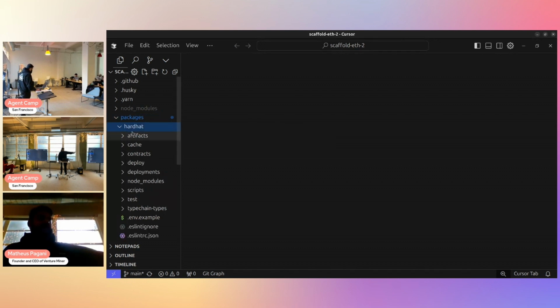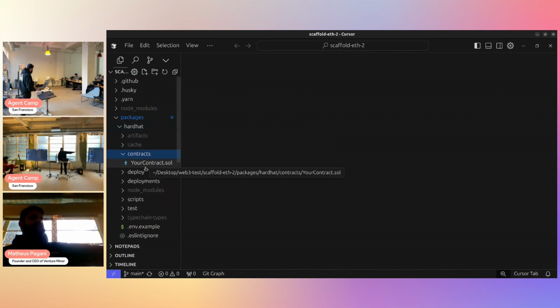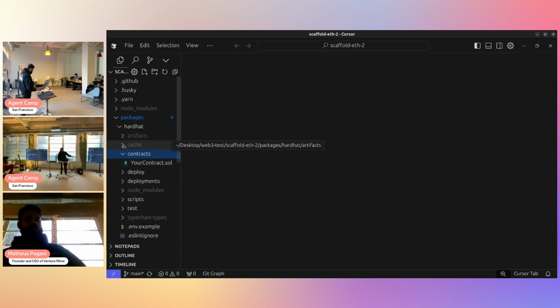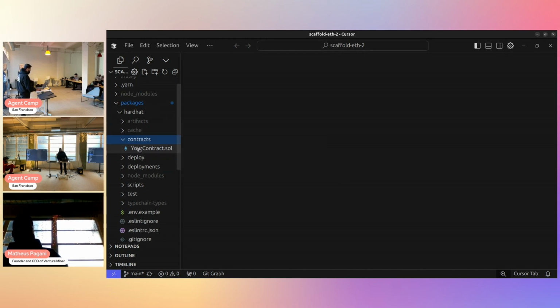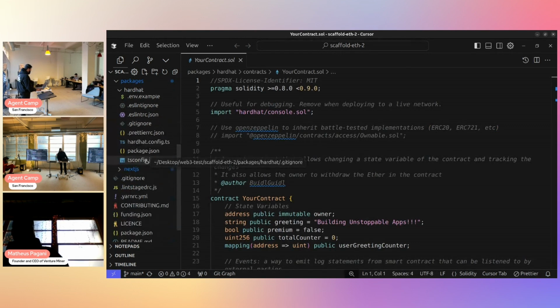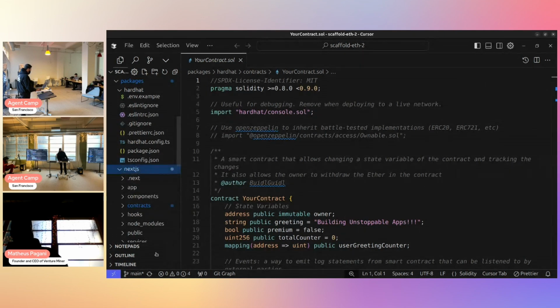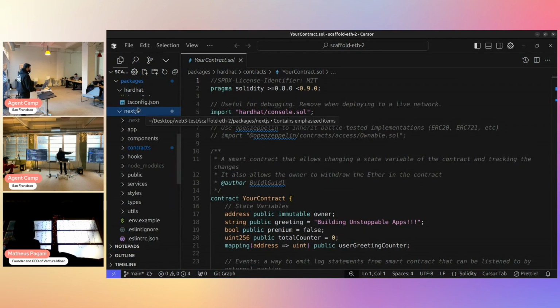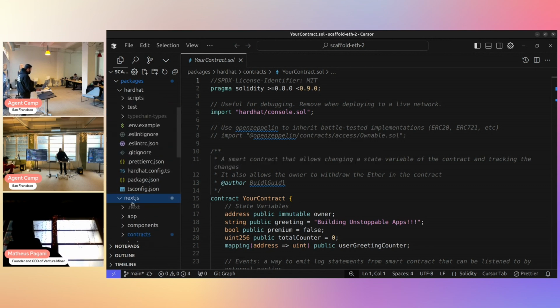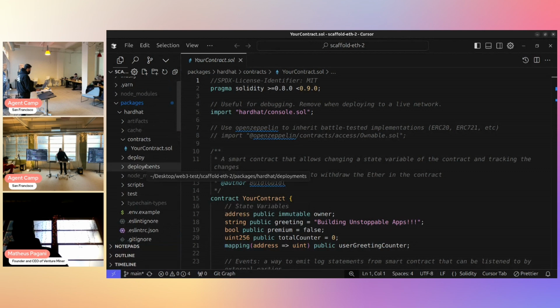Inside this package, I have a contract here inside this folder, contracts. I know this file very well, called your contract.sol. And I have this other package called Next.js. If you attended the past lessons, you know what a Next.js application is. We did a few of those, we deployed one, and we went over this. But this smart contract is totally new for you.